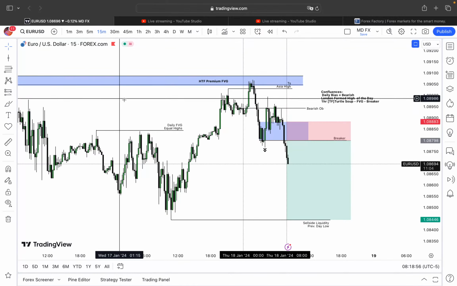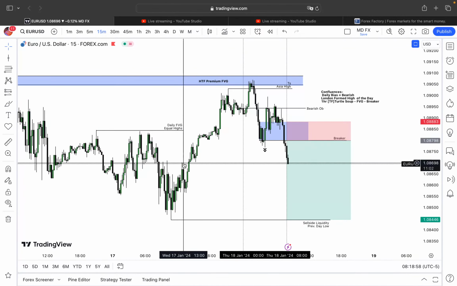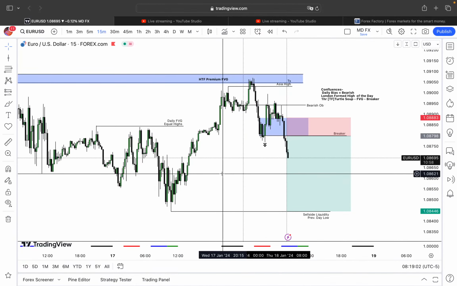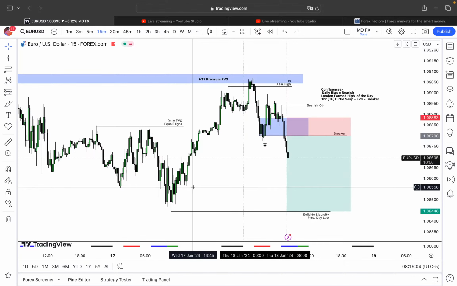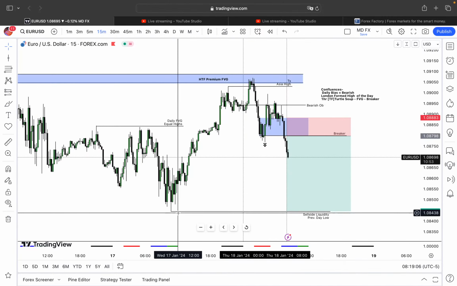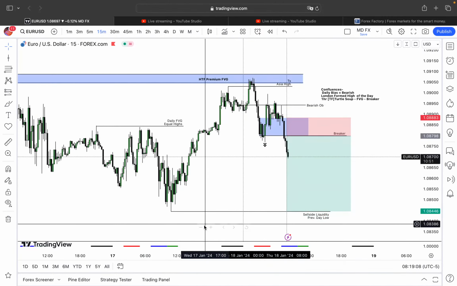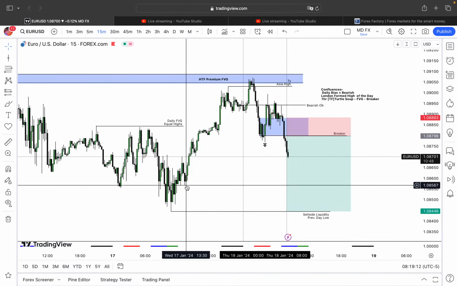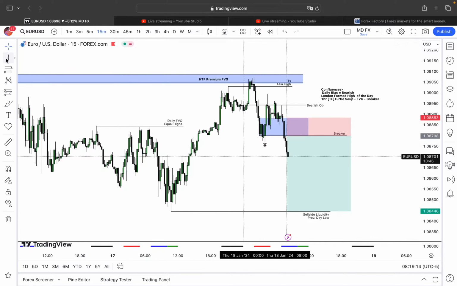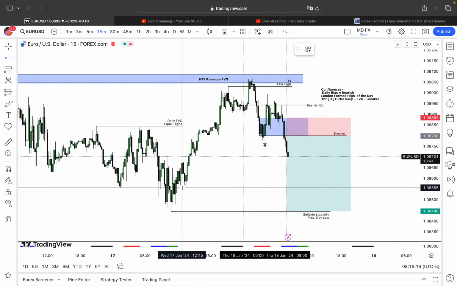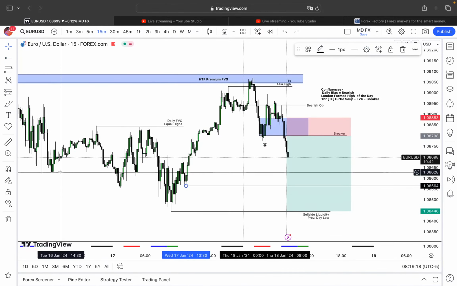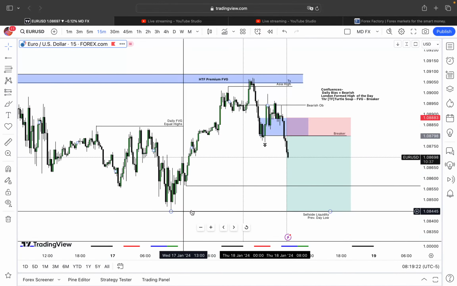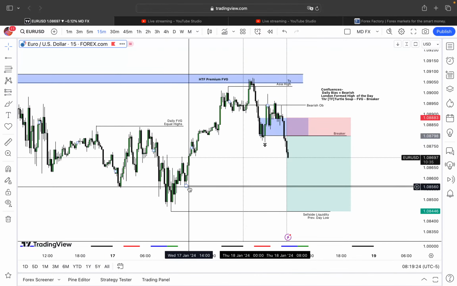According to ICT, you should be checking each PDRE on this part of the chart, and each of them should allow you to take profit. So we take one at this low and one at this low. I'll wait for this retracement first. I'll mark that as TP1 and TP2. Let me make that shaded.